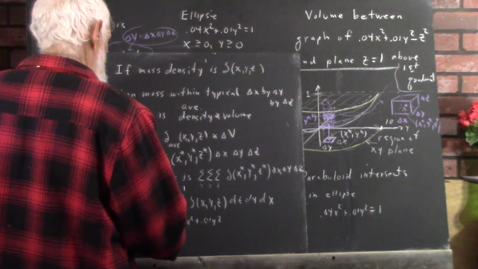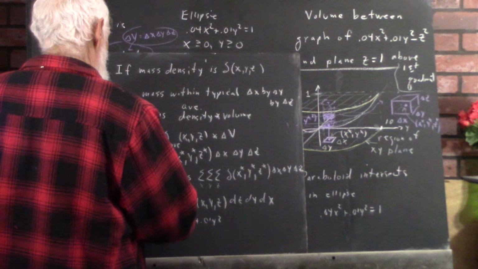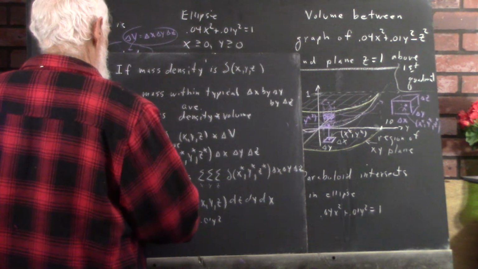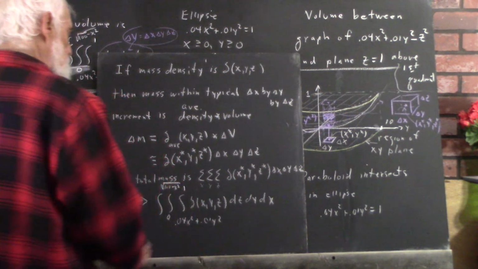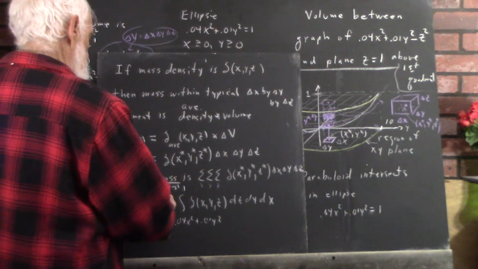The limit here is 0 to the square root of 100 minus x squared, written pretty small, hard to read, and then 0 to 5